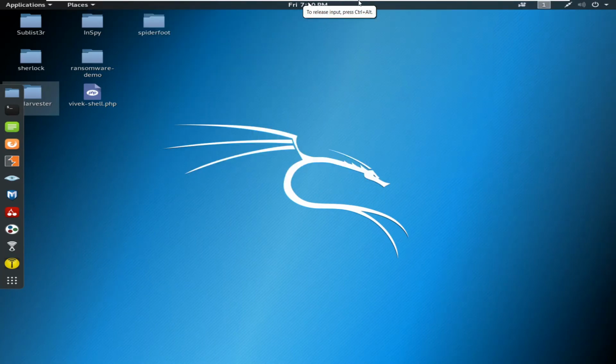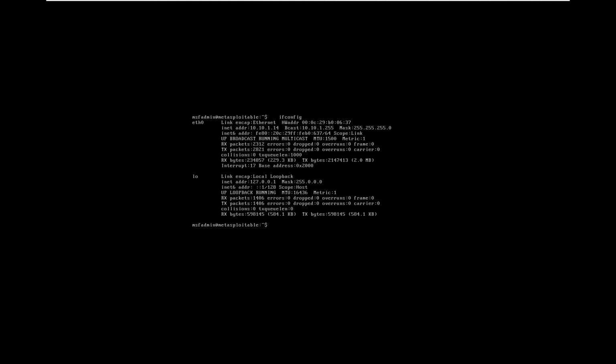Let me show you first the IP of this Metasploitable machine. You can see Metasploitable 2 is a Linux machine. Let me turn it on. Okay, it's in sleep mode. Wake up. Let me show you the IP of this machine first. So ifconfig. Okay, you can see the IP is 10.10.1.14. Now I'll open this server.